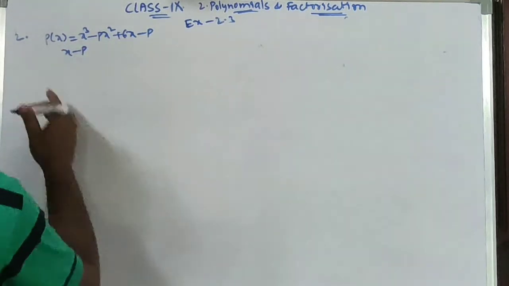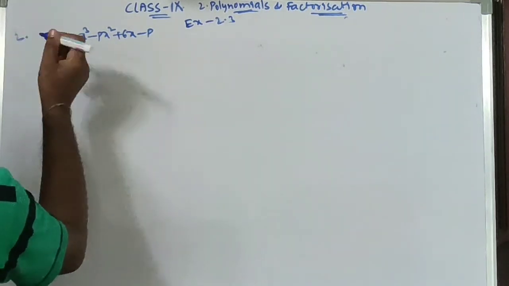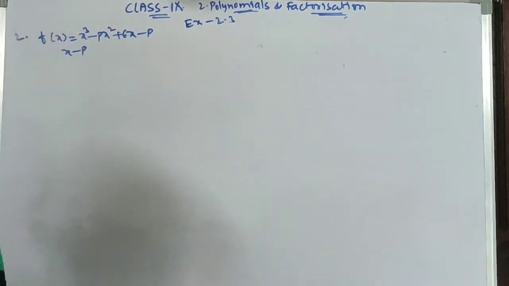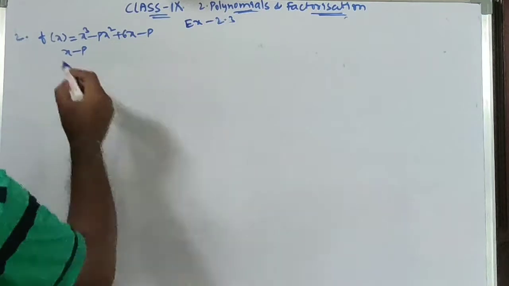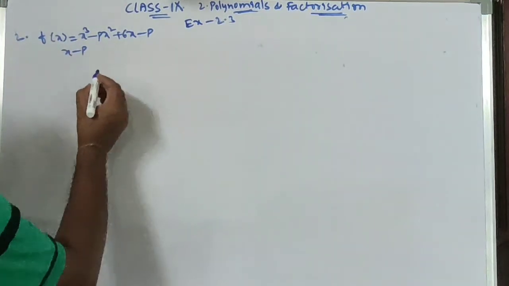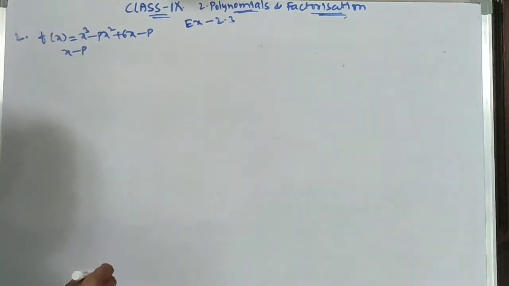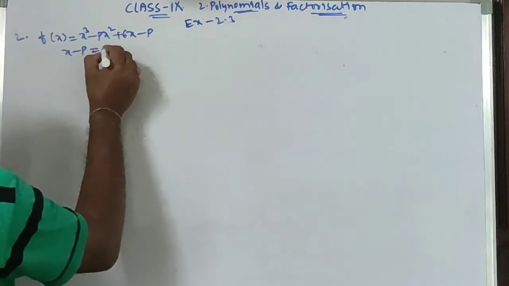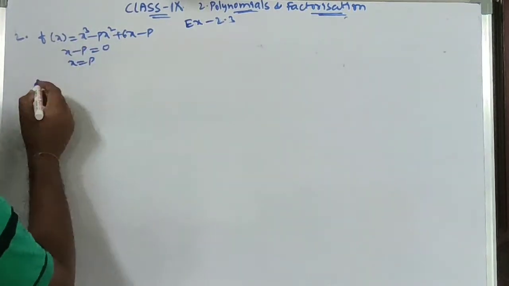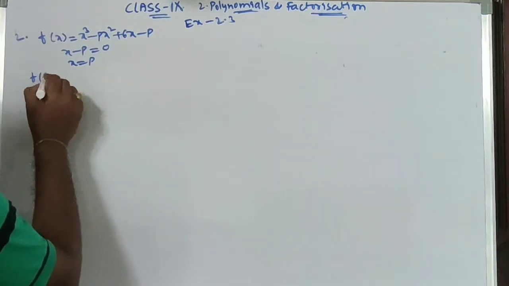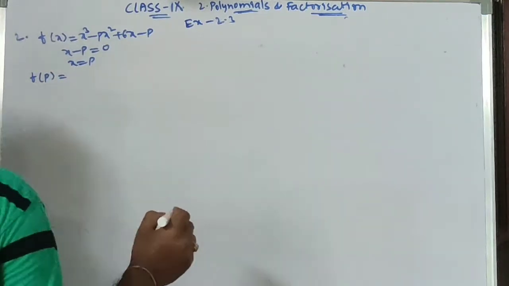I am taking this polynomial as f of x instead of p of x, because p is already used; to avoid confusion I am taking f. So x minus p we are dividing. Make x minus p equal to 0, x equal to p. Instead of x I am replacing p. f of p equal to